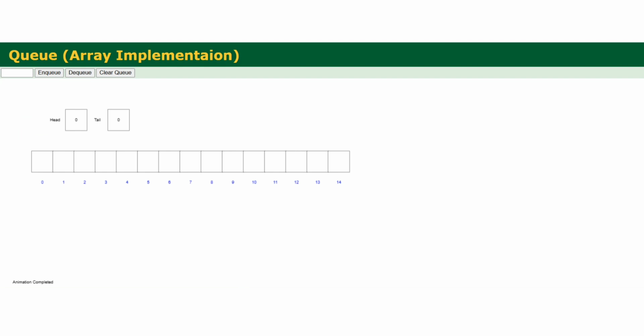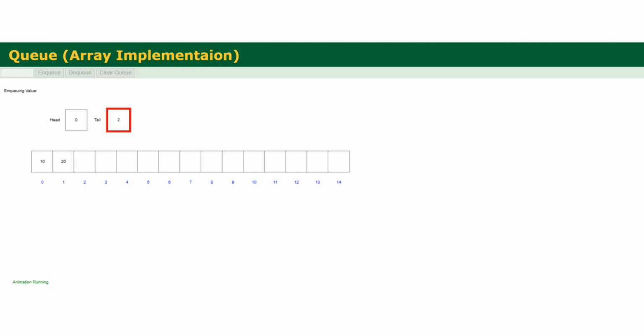Next, we move on to the visualization of queue. This is how the queue looks like. First, I need to insert 10, or enqueue the 10. It is stored in front.